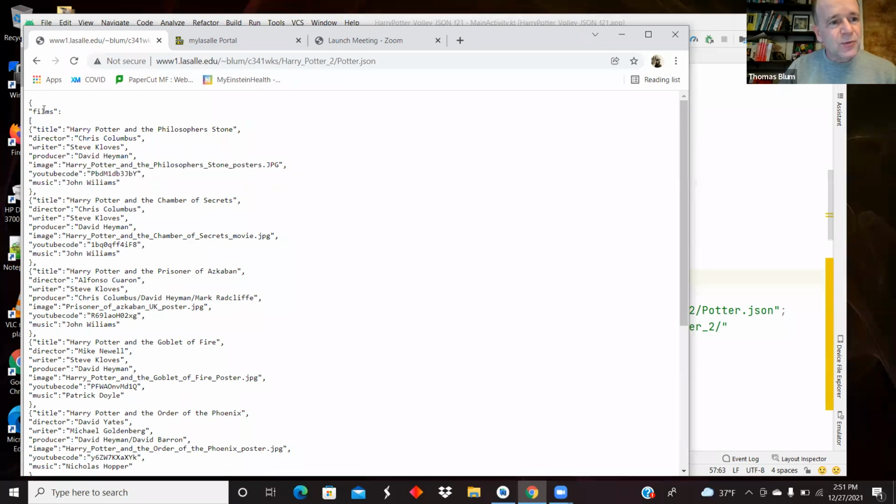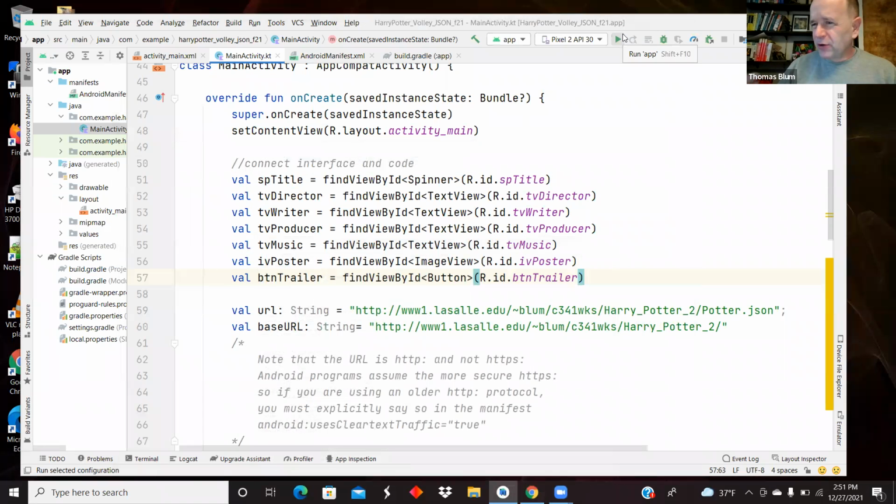We have an object with a property that is an array of objects with further key value pairs. So that's what we're going to be reading. We're going to assume the code